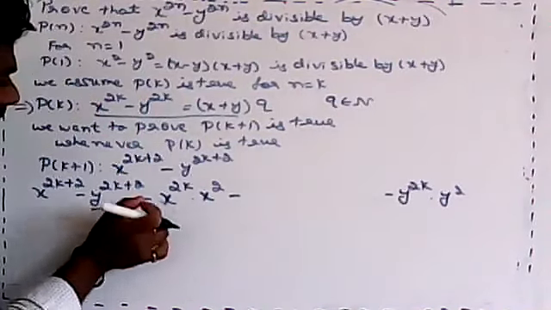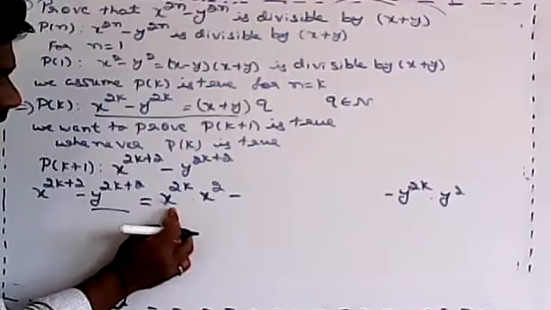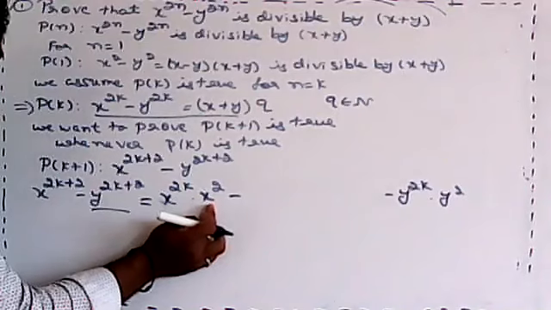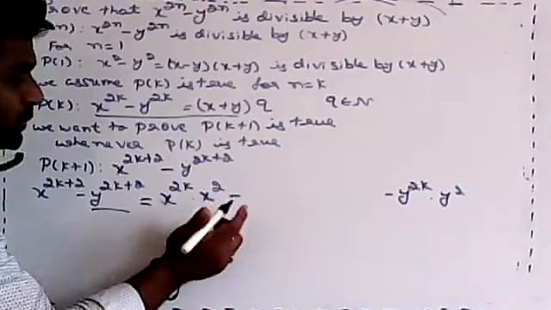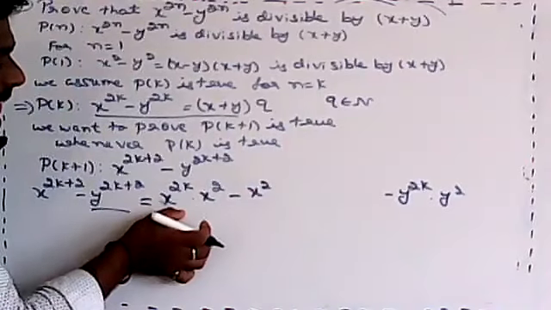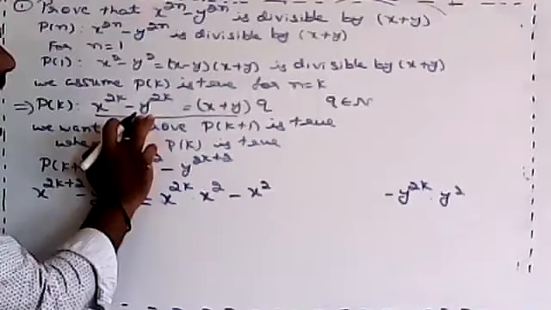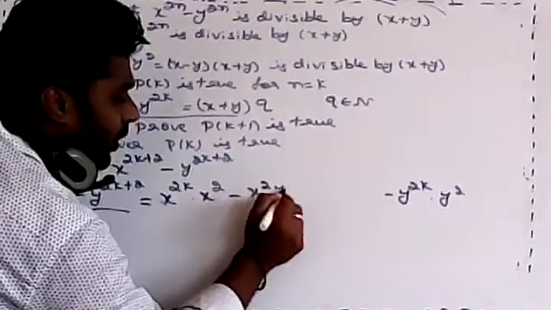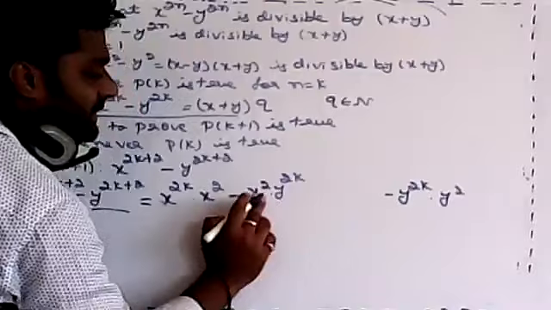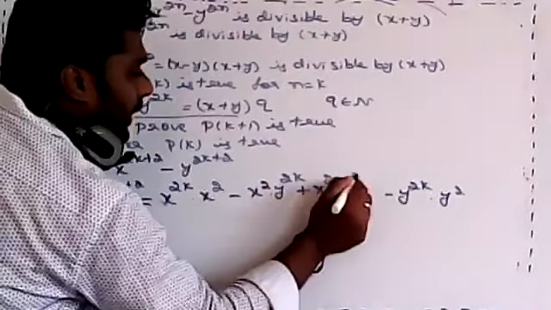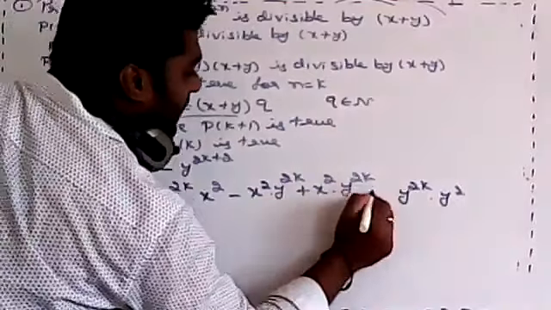Now check here. Here x to the power of 2k is there. What is the extra term? x square. I have to take it common, no? So here I will take x square common, the remaining being x to the power of 2k. And what I want in the second term is y to the power of 2k, no? So I'm balancing by x square minus x square y to the power of 2k plus x square y to the power of 2k. Clear or not, this one step? Just tell me. Any doubt on this step?